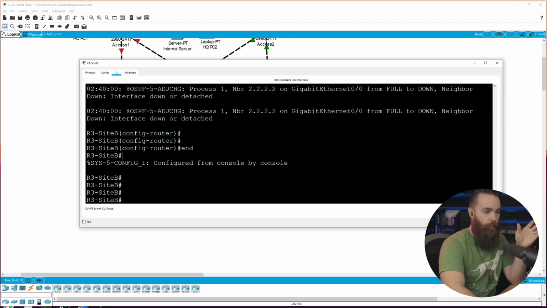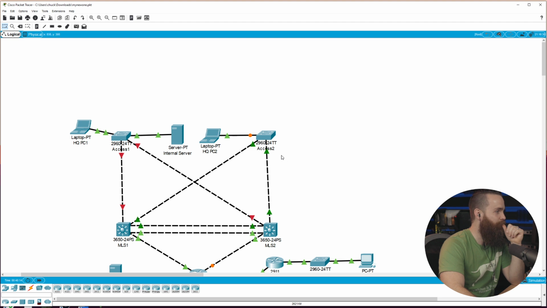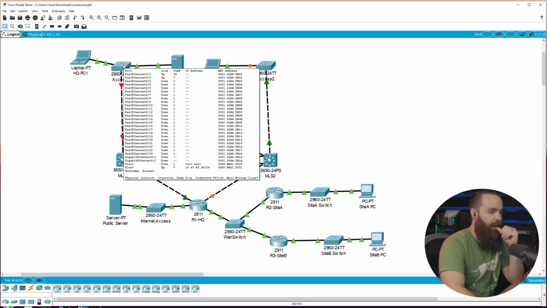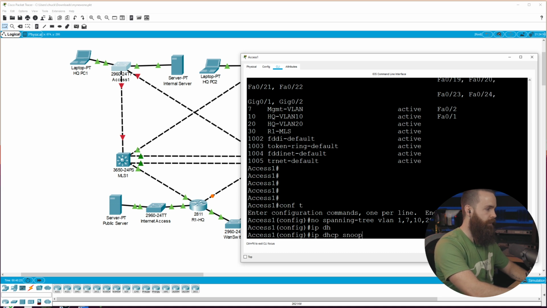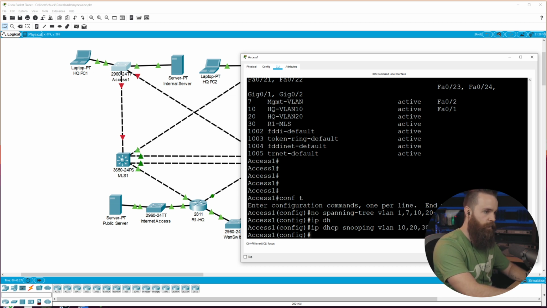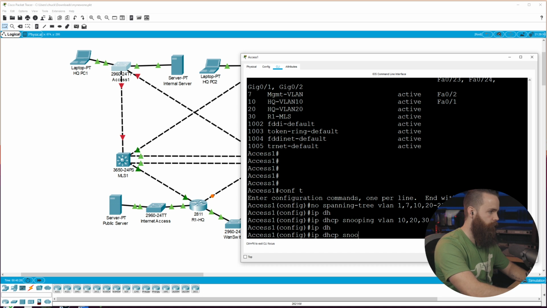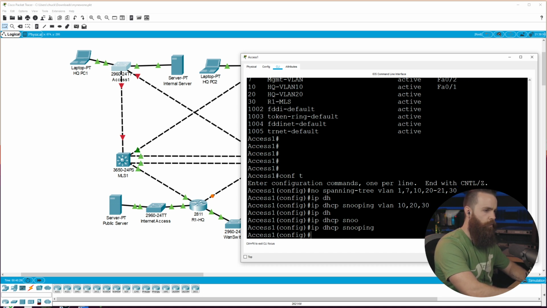The other thing that Meow, or Mr. Packet Thrower, threw at me was DHCP snooping on the access switch up here. DHCP snooping will disable an interface that it sees DHCP packets coming on if it's not trusted, and we're gonna make that happen. So let's see. I wanted to do this, so we'll enable DHCP snooping first. So IP DHCP snooping VLAN 10, 20, and 30. Perfect. And then I guess we have to enable it just like so,